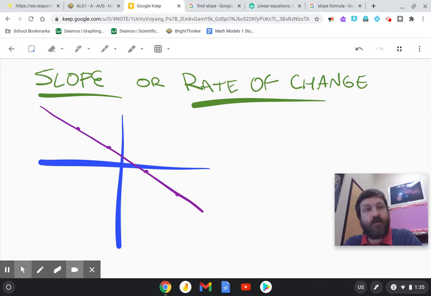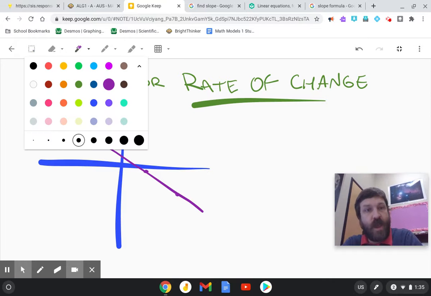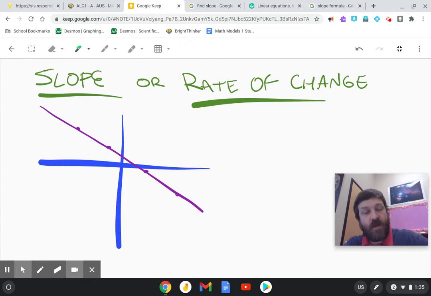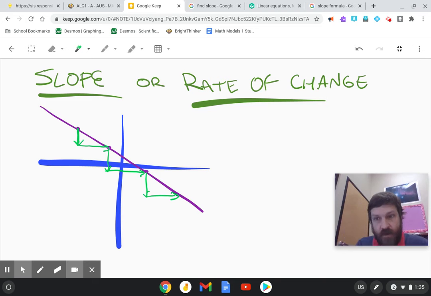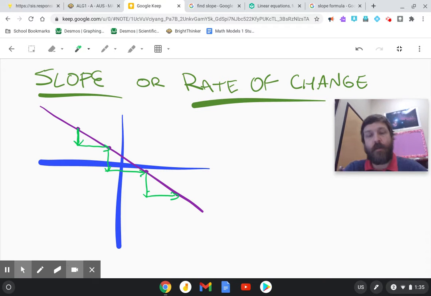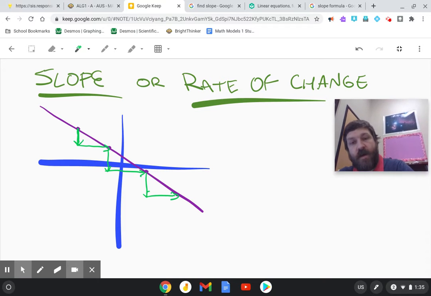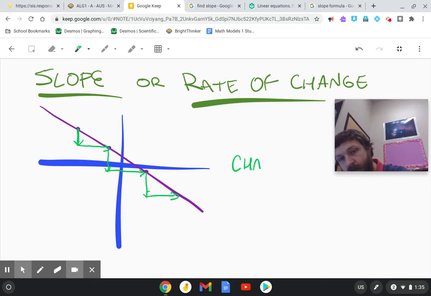So when we talk about slope or rate of change, we are looking specifically at describing that as a number. In other words, how much is it changing down in relationship to how much it's going across? And you can see that that amount or that relationship is staying the same. So this line is going down and over the same amount each time. A way of talking about that would be to call that the change in y